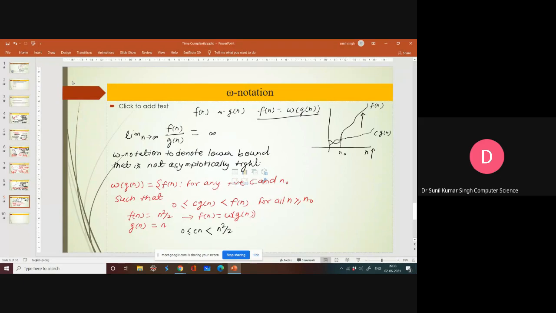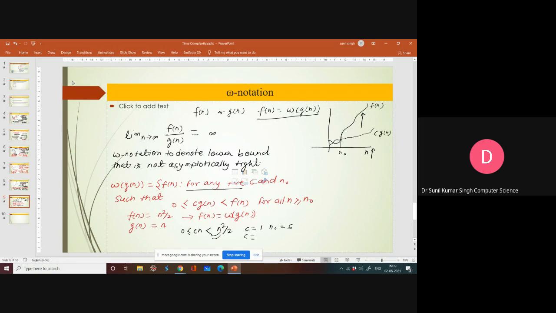So for any positive c and n naught, you have to choose any value of c. Maybe someone is saying that we are going to choose c equal to, let's say 1, and n naught is equal to, let's say 5. Of course it will hold the condition, but some of you are telling that,